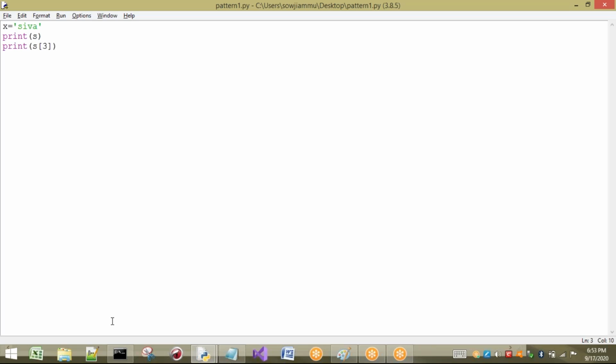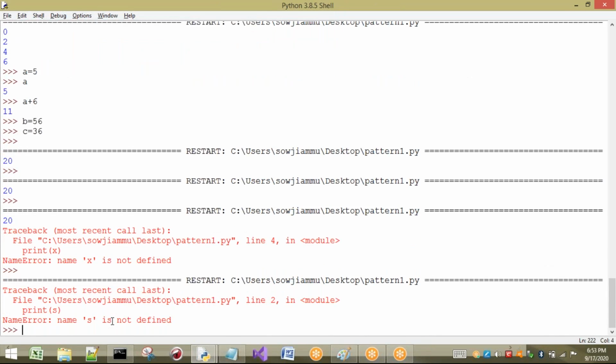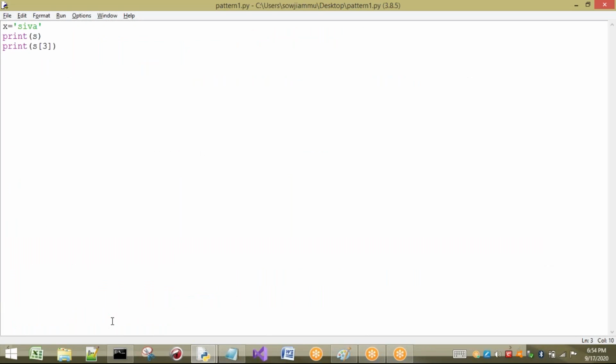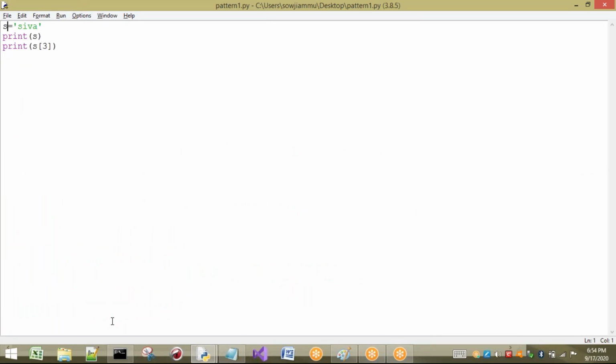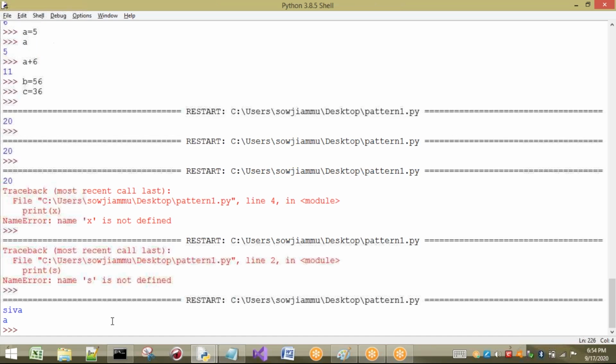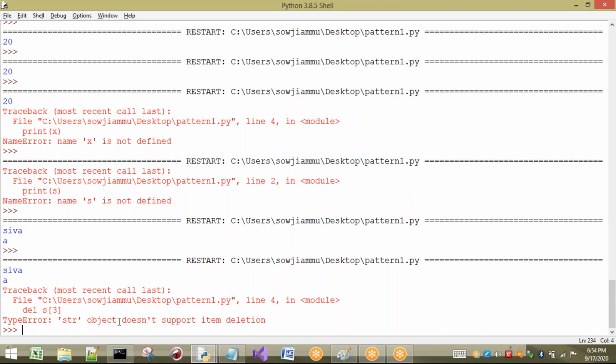Let us modify this so the string is Shiva. It is going to print Shiva and a. Now the concept is, if I want to delete s of 3, that means I want to delete only one element of the string, it is not possible. If you try to do that, it is going to give you what?